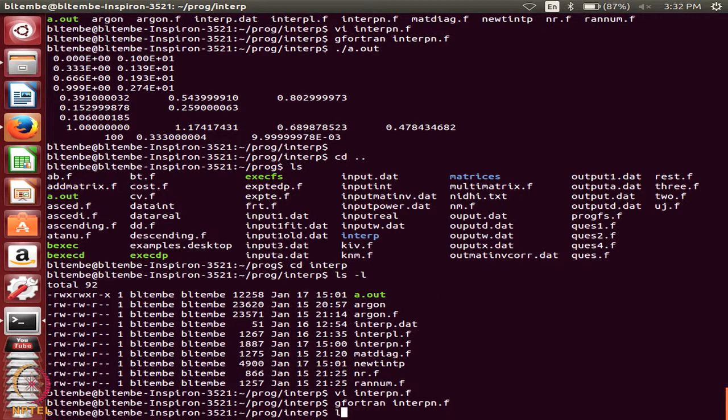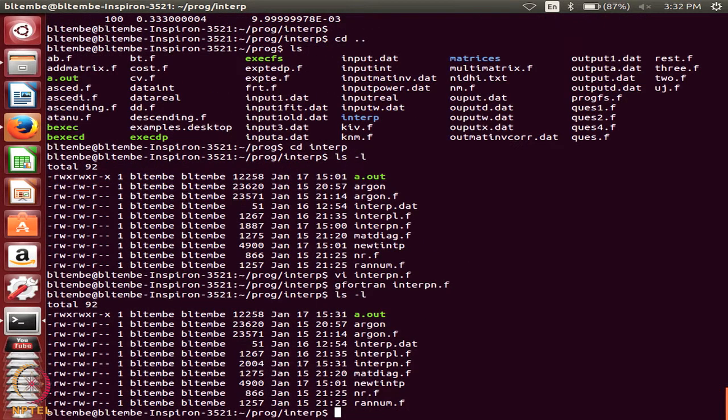So, let us do ls minus l, enter. You will see that it shows 1531. So, the time 1501 is replaced by 1531 because it is a new file. All other times are the same. See this argon 2057, 2057, argon.f 2114, 21. It has not changed, and